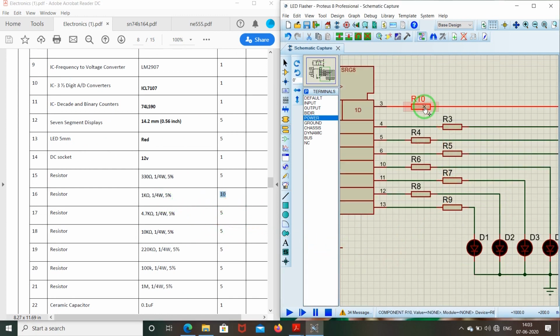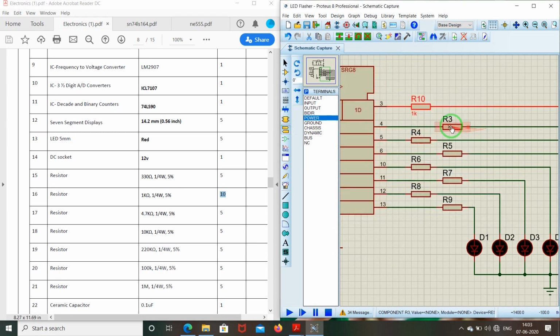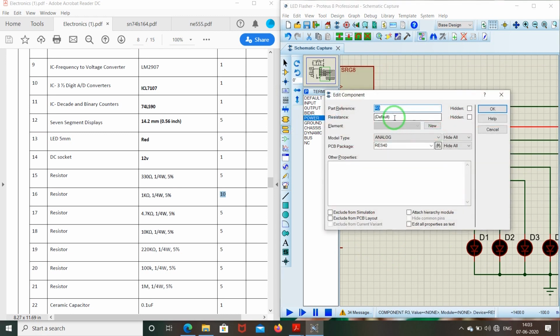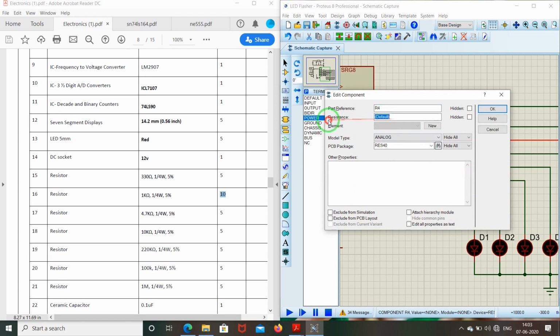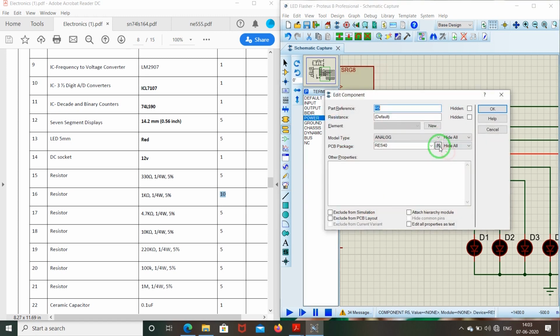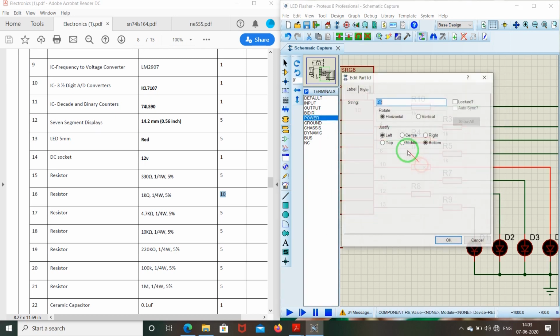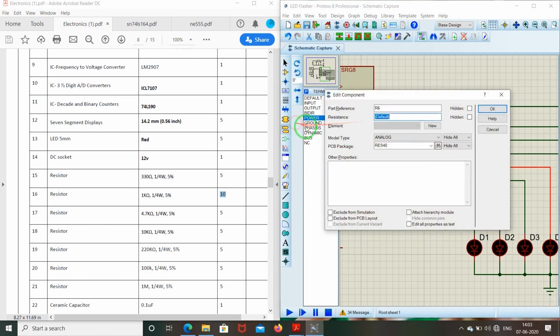I will just put 1 kilo ohm here because we have to choose from the part list only. And 1 kilo ohm resistances easily drive LEDs. I'll give values to each component.